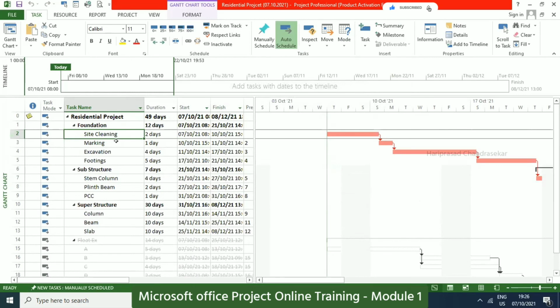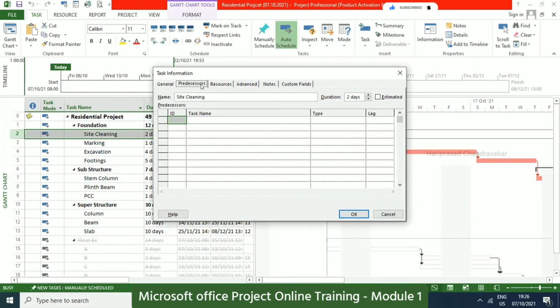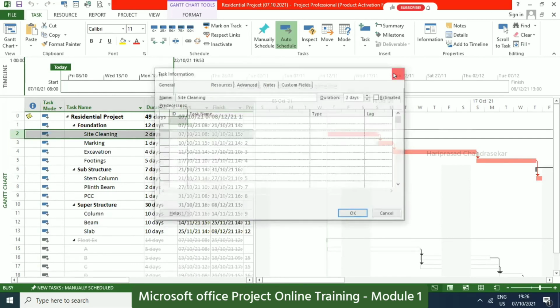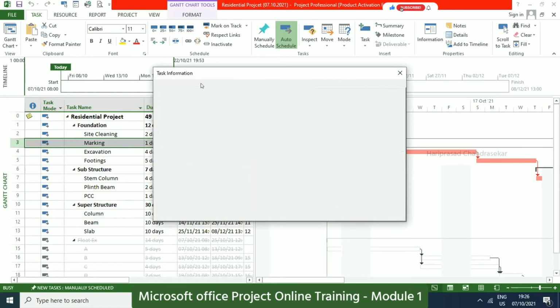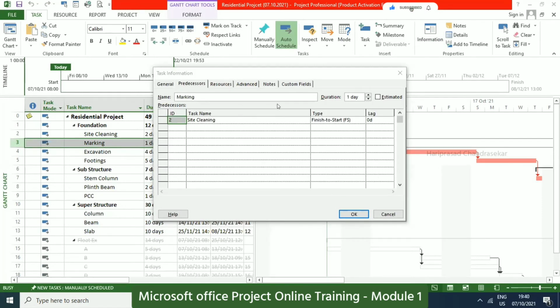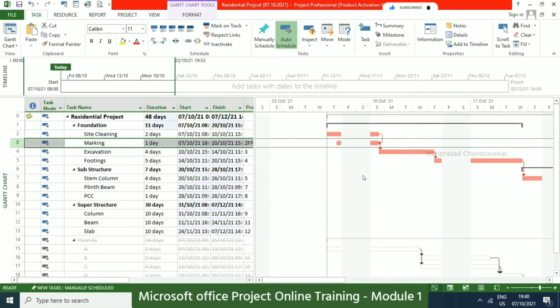Okay, what we can do is double click it and go to predecessor. Since we have only the predecessor tab, no successor, we need to click here and go to information. And now here you can select. See here, what we are discussing, finish to finish. If you want to make that, you can just go here, choose finish to finish and then click OK. See, now you can see how the dates both become 10.